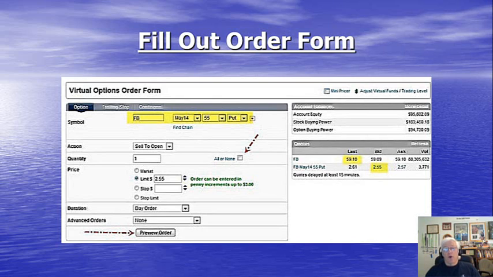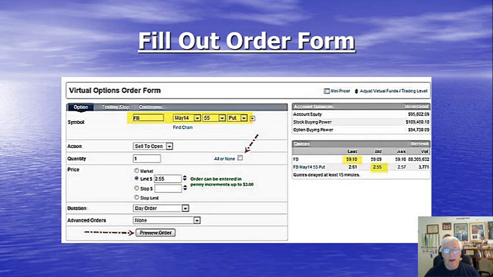Okay, let's assume for a moment now that you've gone through the process and you've obtained the approval. Your account is all set up for selling put options. The first step is to fill out an order form. What you're doing here is you're instructing your broker as to what trade you would like them to make on your behalf. Here you see that we're selling the $55 put for Facebook, and we're setting a limit order of